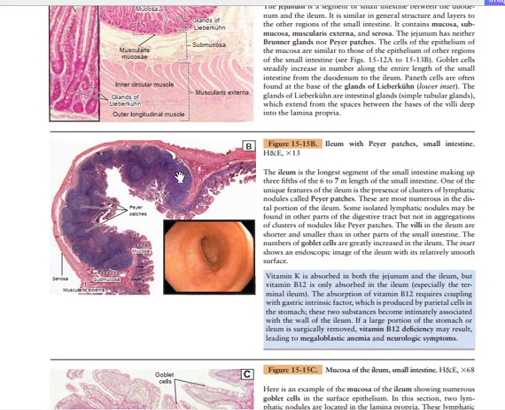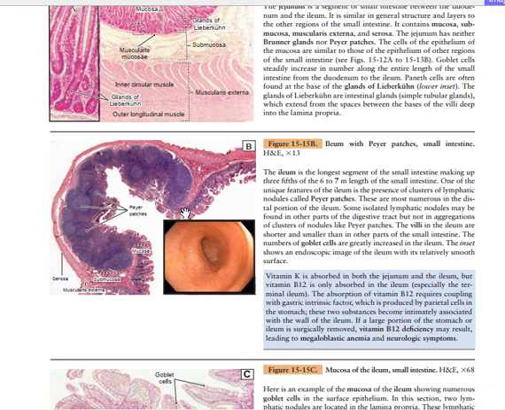Peyer's patches are just mucosa-associated lymphoid tissue that we have already seen in the earlier chapters. So this is still the mucosa you can visualize. Now the Peyer's patches are in the submucosa. Is it clear? So a clinical correlation is that vitamin K is absorbed in both the duodenum and the ileum, but